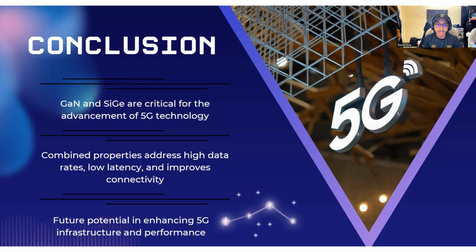It is with both GaN and silicon germanium together that the crucially emerging challenges of 5G technology in higher data rates, low latency, and better connectivity will be addressed. The high electron mobility and thermal stability of GaN sustain efficient high power amplification. In contrast, the electron mobility enhancement and compatibility with silicon technologies of silicon germanium enable more rapid signal processing and integration. The combination of such material allows for developing high-performance radio frequency amplifiers and integrated circuitry that are crucial for ensuring the reliability and efficiency of 5G